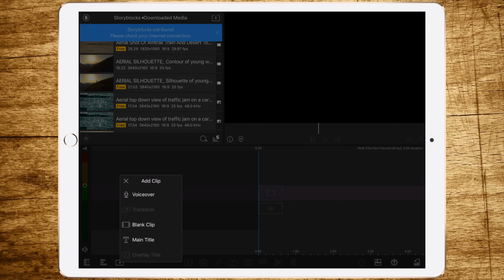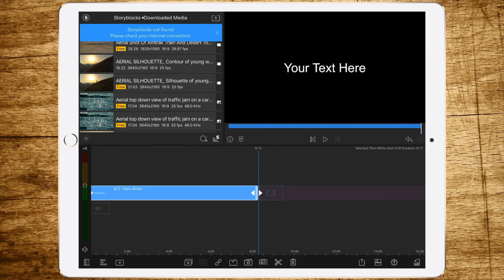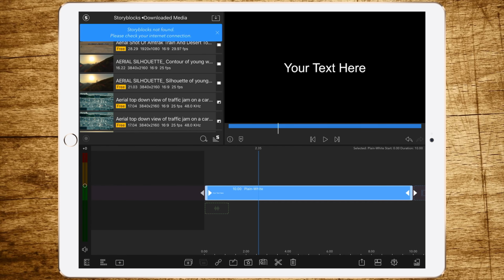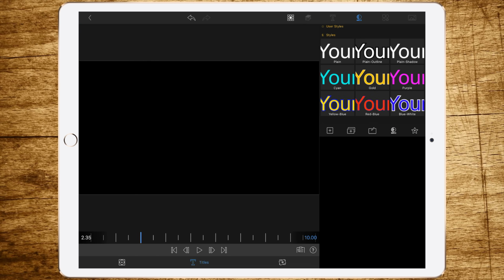And what we are adding is a title. We are lengthening the title to, let's say, 10 seconds. Choose 10 seconds because it's a length of a good intro, because multi-title effects going longer than 10 seconds are way too boring. But if we are choosing 10 seconds, we have the opportunity to cut it or to speed it up to go faster and reduce the length. So that's why I would choose 10 seconds. Then double tap to edit and delete the text.